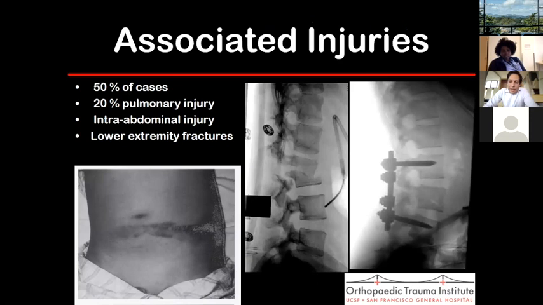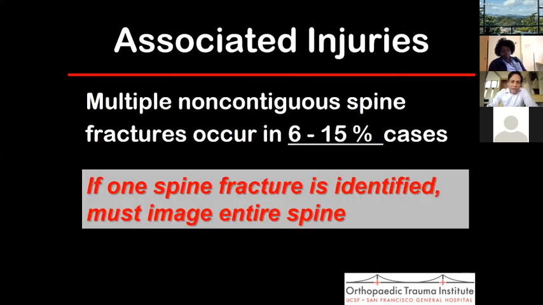And in addition to identification of the initial fractures, a lot of these patients will have multiple injuries. In the presence of thoracolumbar trauma, about 20% of patients will have a pulmonary injury. A similar amount will have an intra-abdominal injury. The case series differ, but between 6 and 15% of patients with one spine injury will have a non-contiguous injury somewhere else. And so it's at least worth